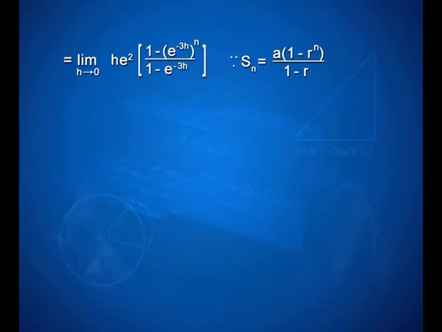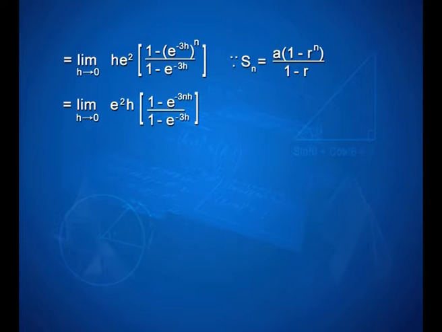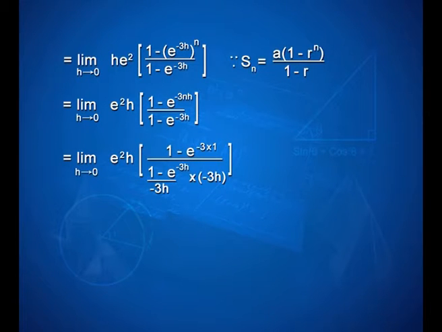This again can be further solved with the help of geometric progression. Limit h tends to 0 h into e to the power 2 into 1 minus e to the power minus 3h whole raised to n upon 1 minus e to the power minus 3h, that is equal to limit h tends to 0 e square h into 1 minus e to the power minus 3nh upon 1 minus e to the power minus 3h, that is equal to limit h tends to 0 e square